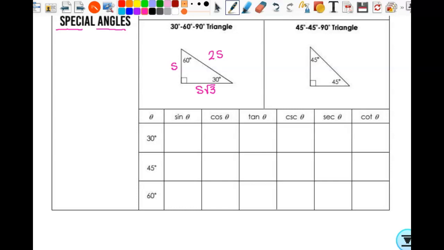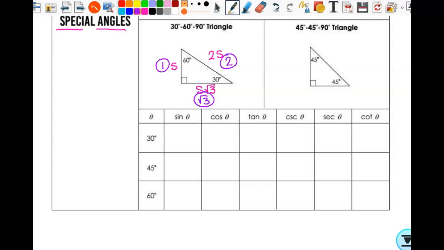So that's your ratio there that we could have used with similar triangles to find missing sides. So we're going to use this to find our 6 trig ratios of the 30 and 60 degree angles. In order to do this, we're going to say that our short leg has a length of 1, which means the hypotenuse is going to be 2, and this is going to be the square root of 3. Those are the values we're going to use. It's kind of like the reduced values of the triangle.